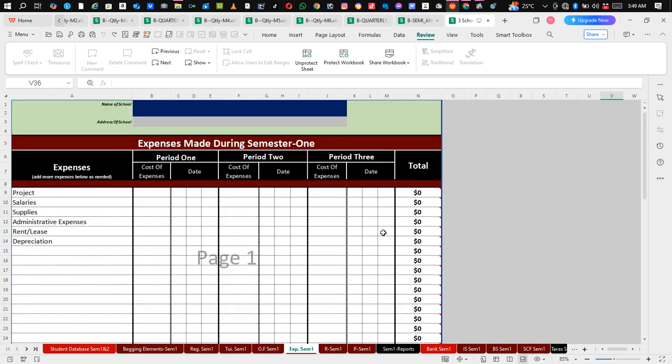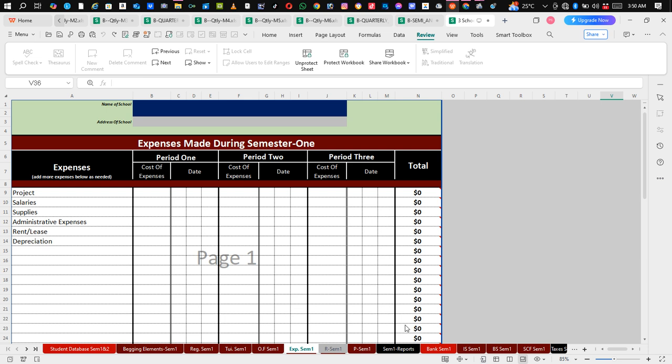There's just a brief overview. This is the expenditure. Now you can write what you think you have. There's just an example that we put here, and we feel that schools do this. We have project salary and so on. So that's the expense area, and then we have